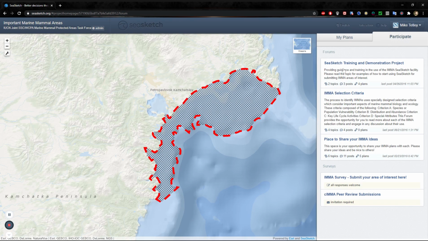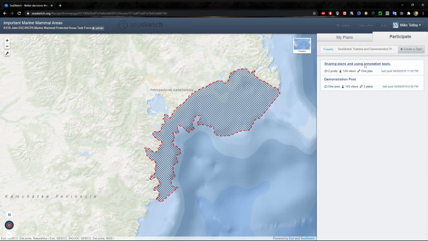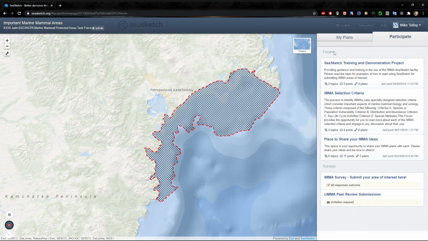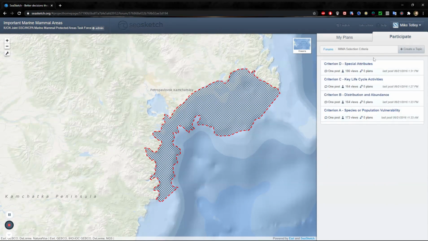So when you go through to participate, here you can make your plans. You can share your areas for other people to comment. You can look at some of the other C-Sketch demonstration projects which we have here. You can see the sections on the IMA selection criteria and any questions.